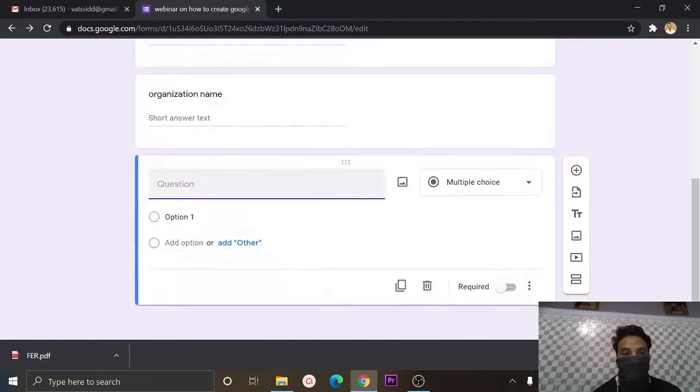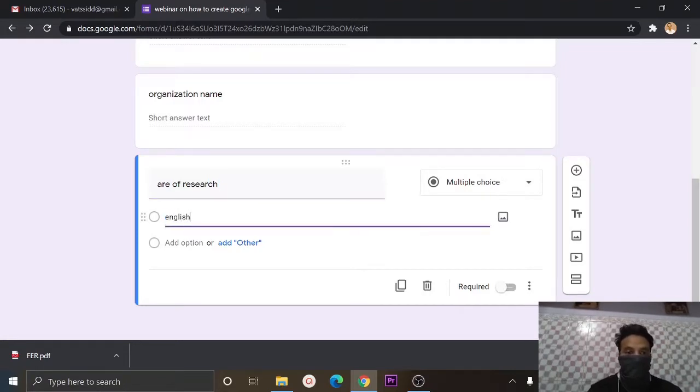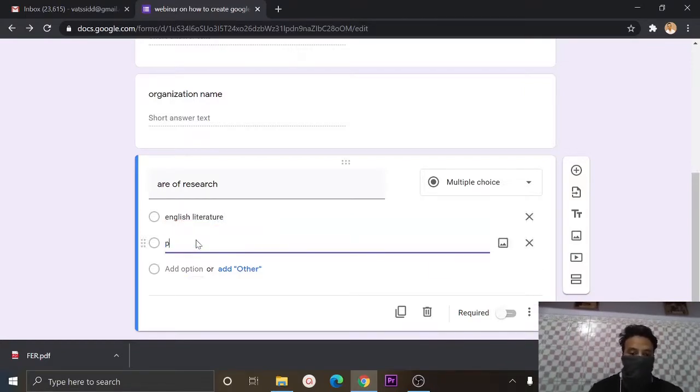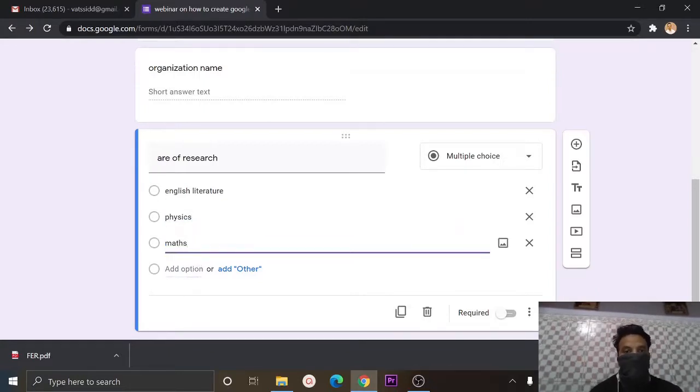Then again, area of research. Then I want that, like, it may vary. So first it can be English literature, then it can be physics, maths. Then those who are attempting the questionnaire have to provide their area of research also.